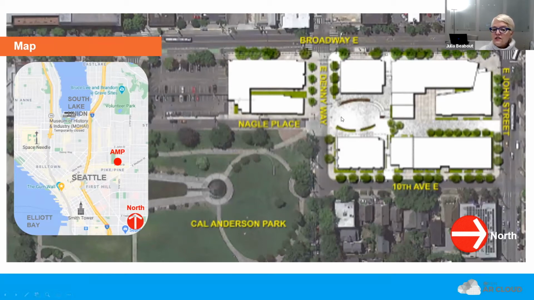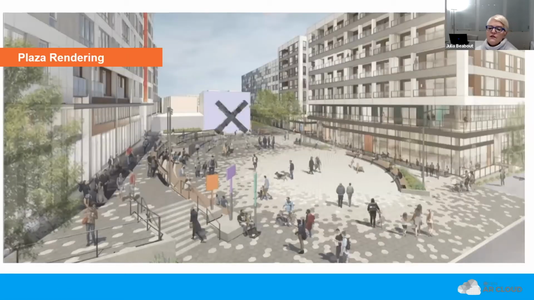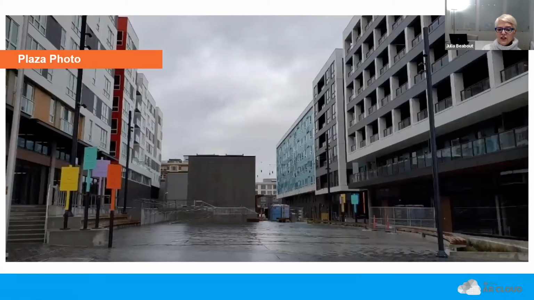And so you can see here, this is a location, and it's going to be a public art and history tour in Seattle, and you can see the location here. Here's an architectural rendering to show the space, to give you an idea of the type of space that this will be going into and that we scan. And the great thing about this is you can see there's a lot of rich visual data in this space, and it's also relatively permanent and fixed, meaning it does not change. So here's a photo of the real space with our beautiful Seattle weather.